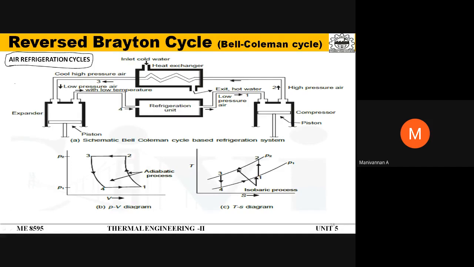There are two types of air refrigeration cycle, as I told you. One is a closed system and the other an open system. So when you compare the closed system and open system, in the closed system we have some difficulties. Suppose you circulate the air through the pipe. Sometimes if your air contains moisture, it freezes and your circuit line will get blocked. So that difficulty will not be there in the open cycle refrigeration system. So that is one of the drawbacks of the closed air refrigeration cycle.